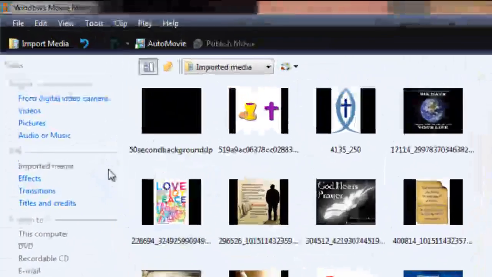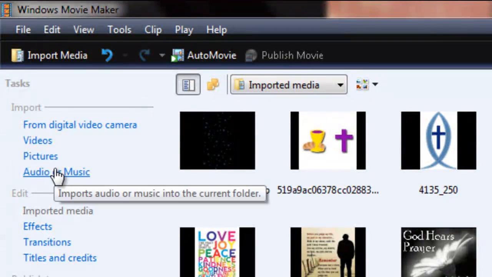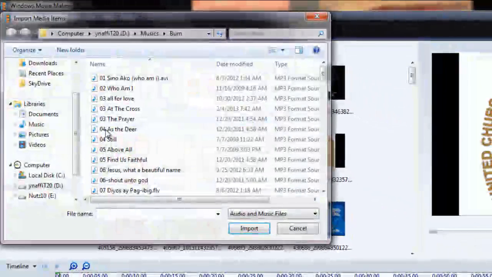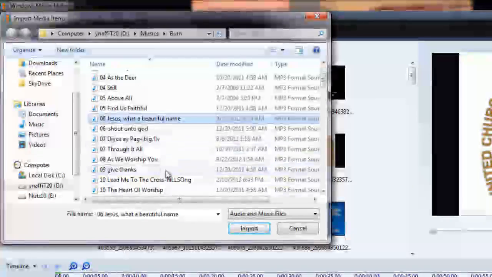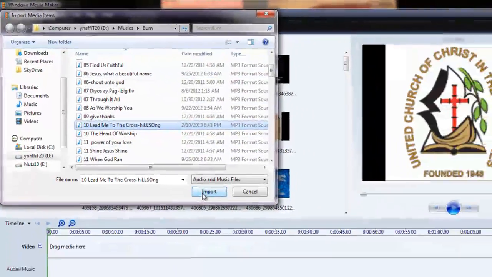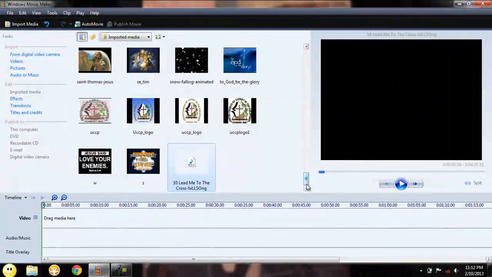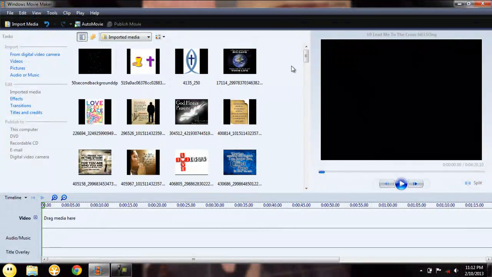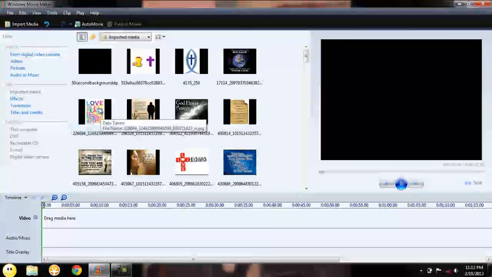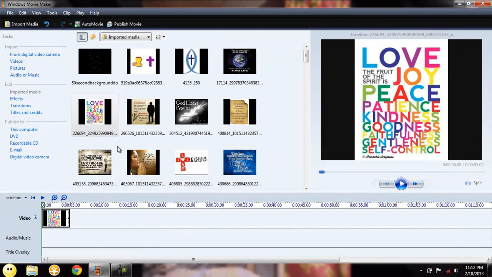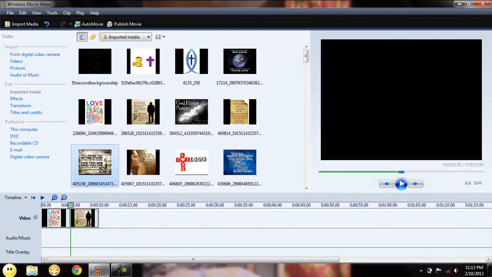Then you would select audio or music if you want to accompany your slideshow with music. After that, you need to drag the images here at the timeline. So just drag the images that you want.